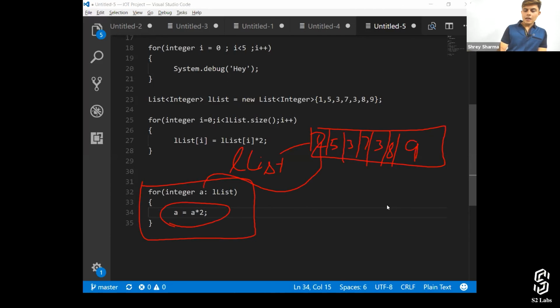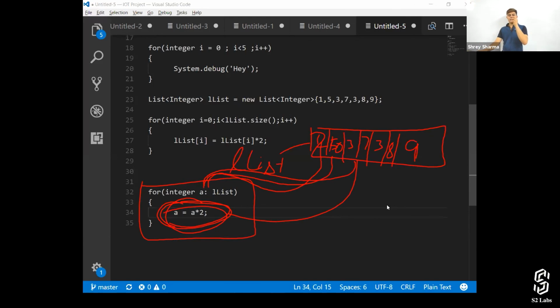Then A gets associated with the second value, the operation happens, and it gets doubled. Then the third value gets associated with integer A, the operation happens, and it doubles the value. That's how it goes. So the for each loop, as the name says, iterates over each value in that iterable collection.